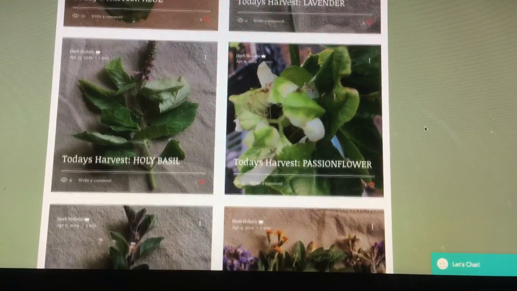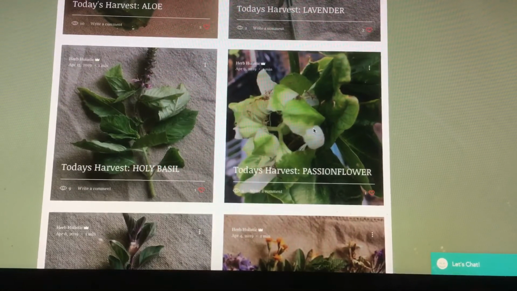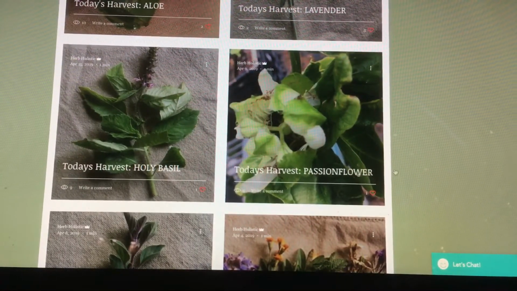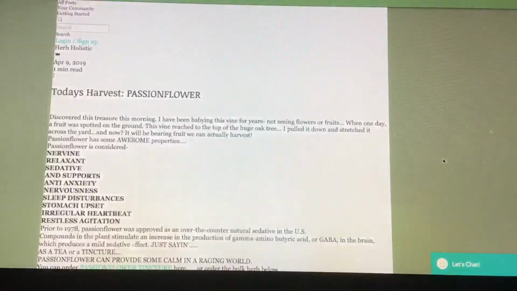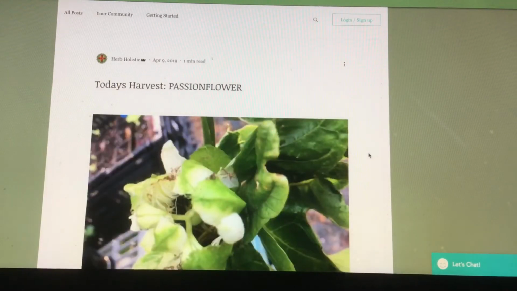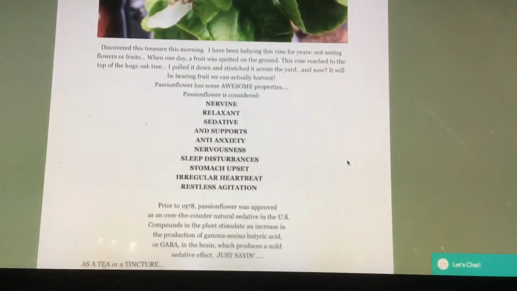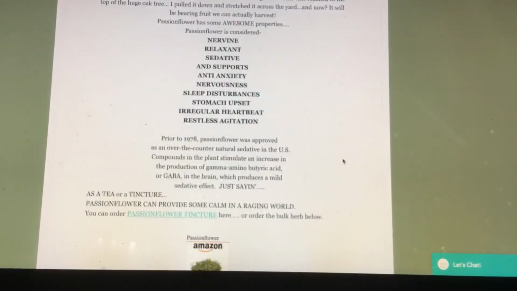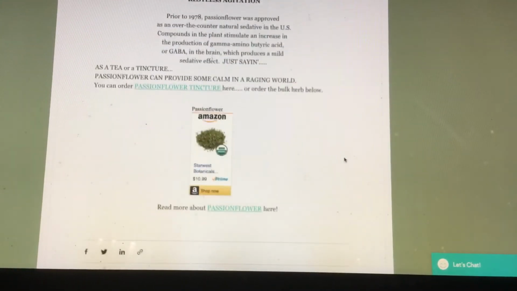One of the big things that's happening here now actually is the passion flower. So let's see what we have to say about this. There you go. I have so much passion flower, and the more I study about it, the more I'm finding all of these great health benefits of the passion flower. So here you go. It explains about passion flower,